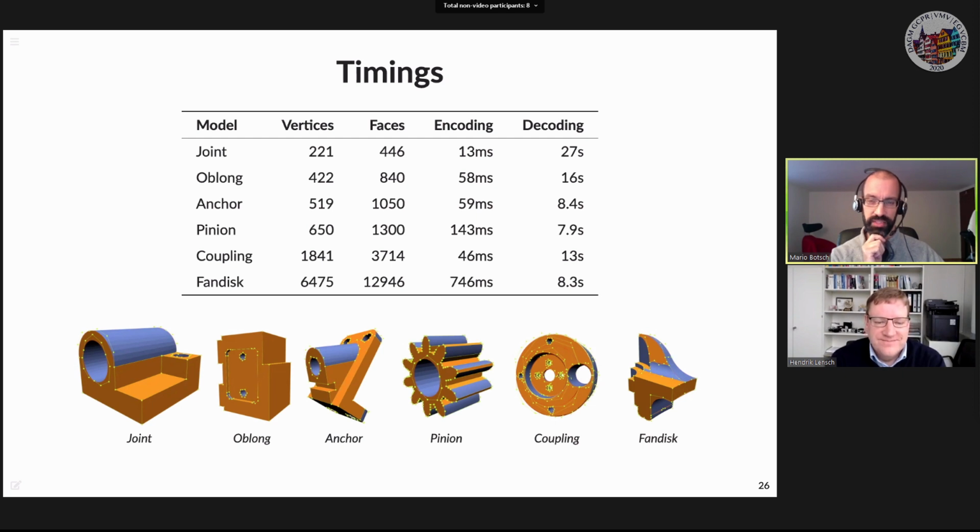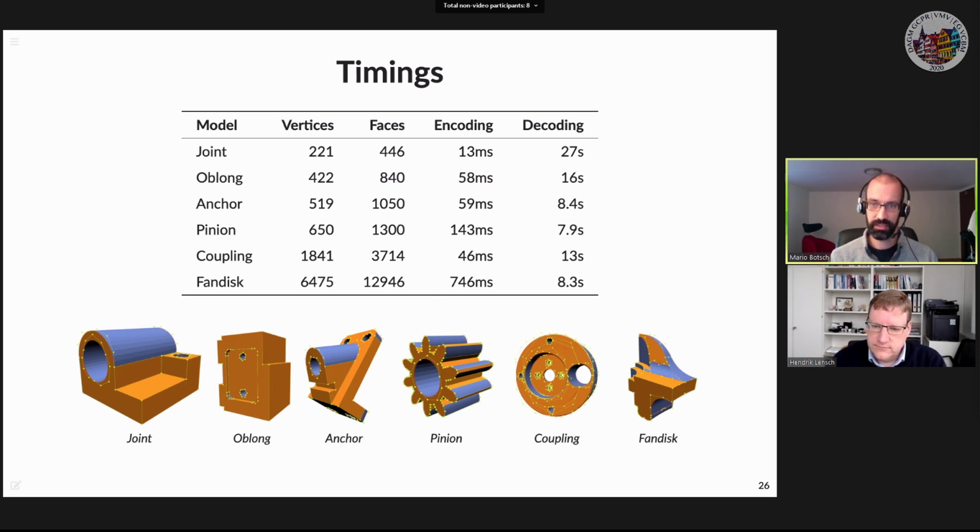I don't know what the complexity of mesh decimation and all this Lloyd clustering is. It's so fast that we didn't care about it. For the decoding part, this is something where you should care because it takes longer. So it's this nonlinear least squares optimization. So this is complex, and the